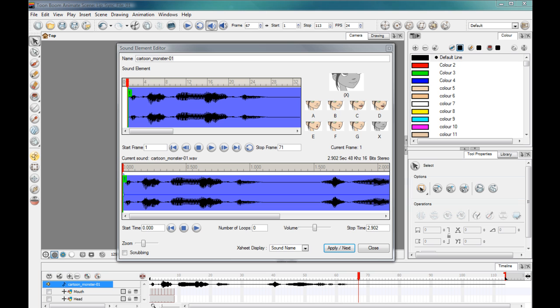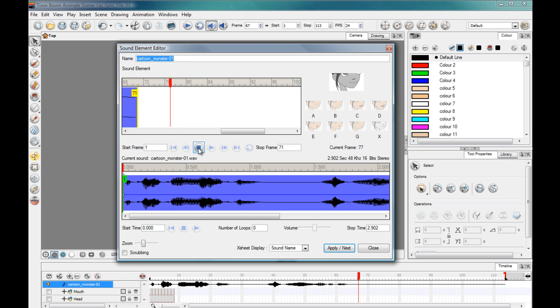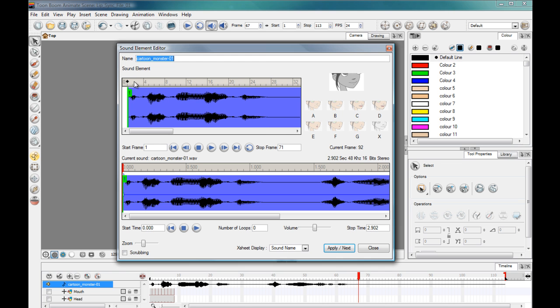So what we can do is if we come up here, a cartoon monster. So you can see there, we've just previewed that. And what we can do in this bottom panel here, we can actually add pointers. So if you just click on that waveform there, and what will happen here, you can apply